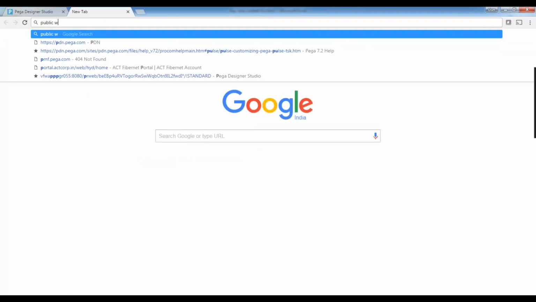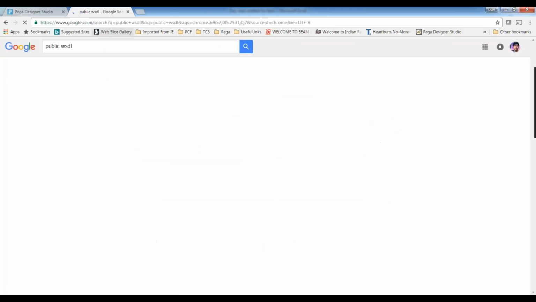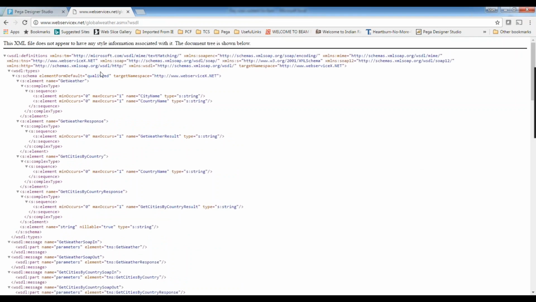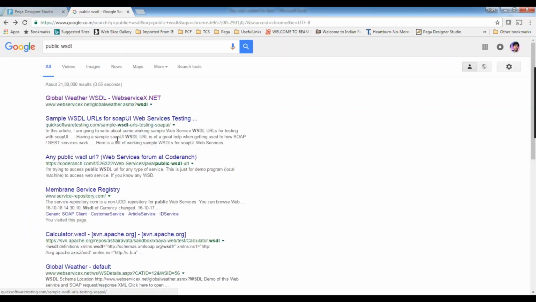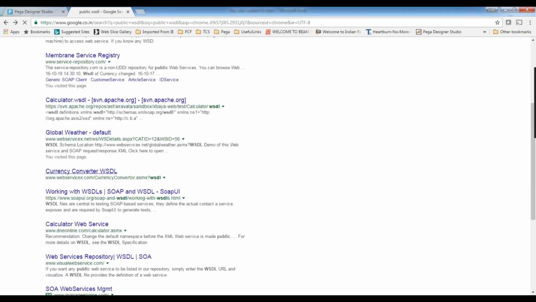Let me search public WSDL. A SOAP service is described by a web services description language file. Let me see, currency converter.